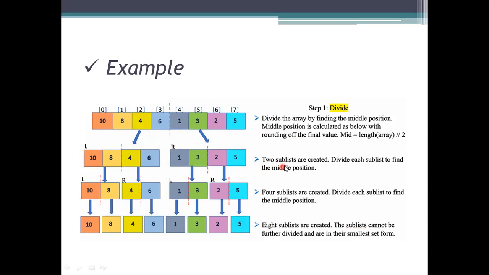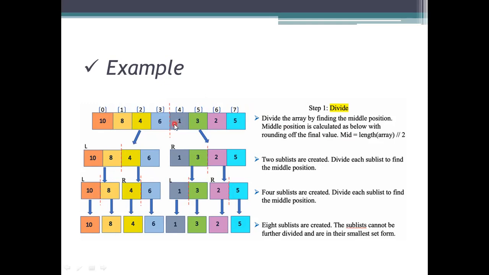Here, how I calculate this is simply taking the length of the array, divided by 2. If not, we take the min value and max value and divide by 2, and the mid value will be obtained. Here the value is 8, which divided by 2 gives 4. If it were 3.5, we would take 3 or 4. So here the value is 4. Up to 4 will be considered.